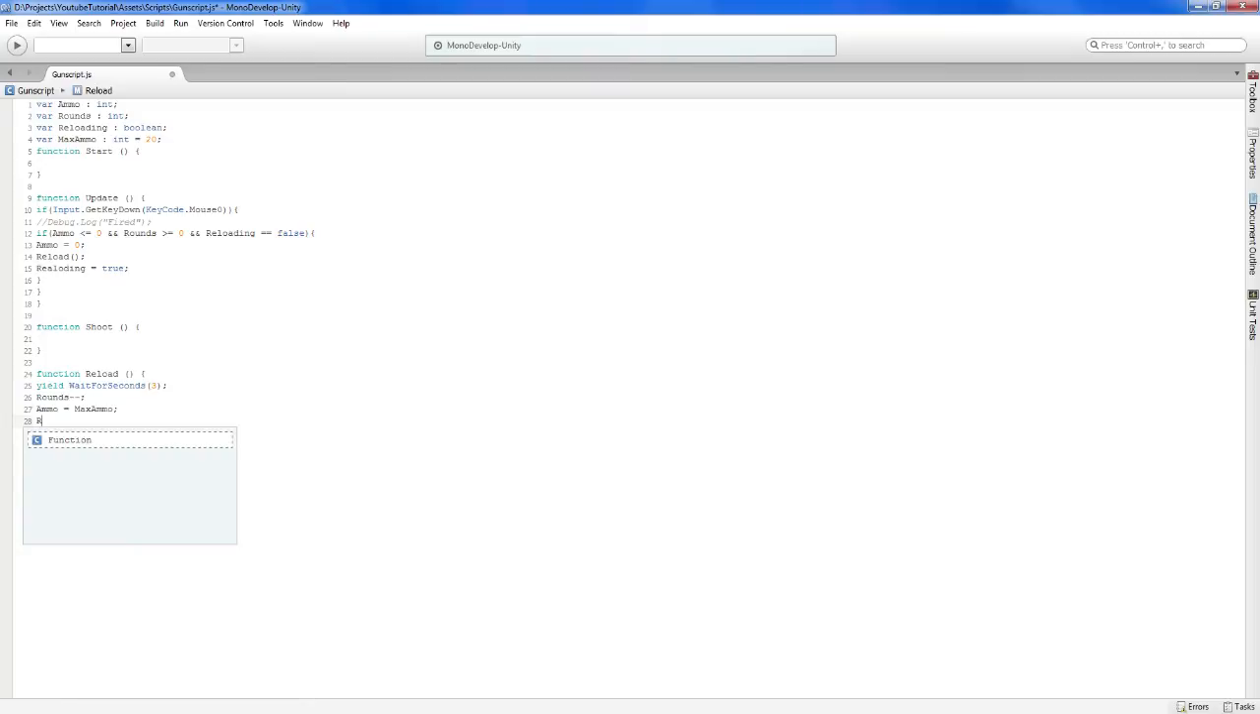And then we're going to make it so that it's no longer reloading. So reloading equals false. So now this will mean we have bullets and stuff. Again, so we can play around with this in a moment. So now that we've got this, it shoots